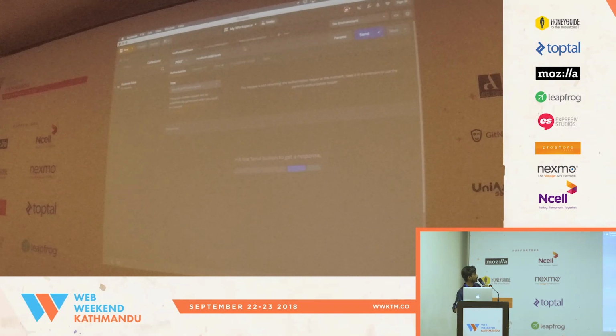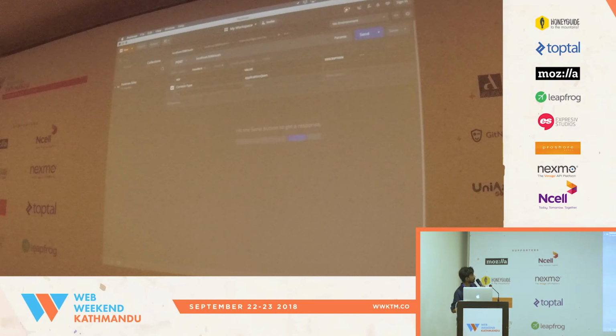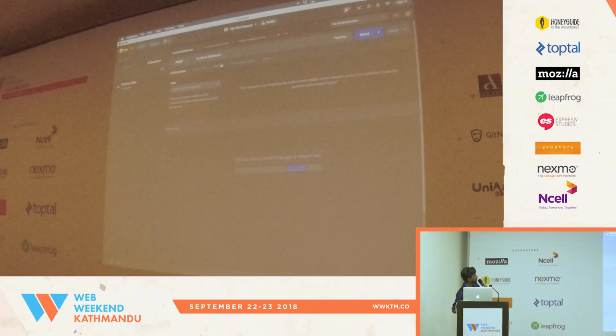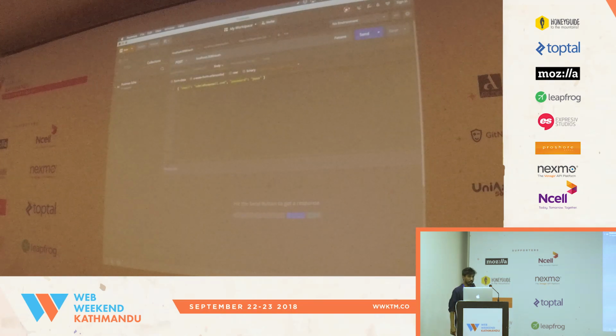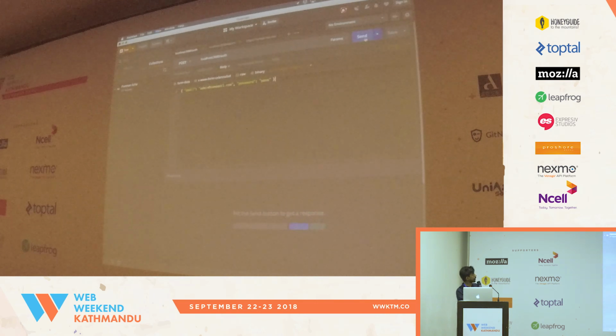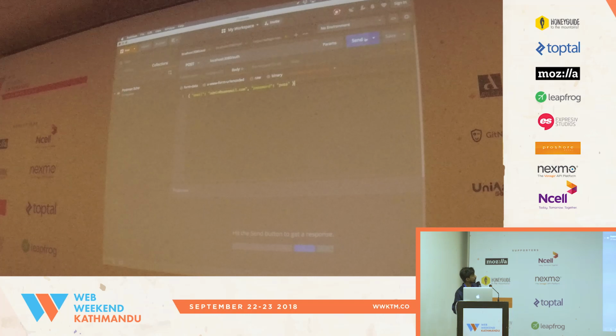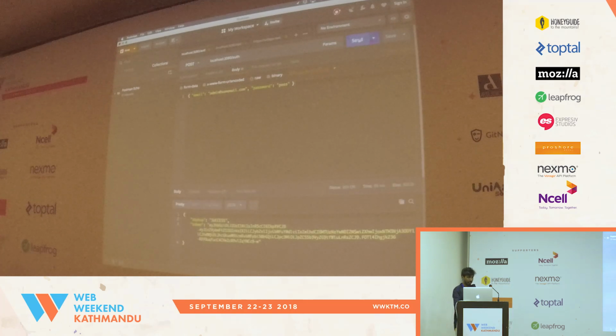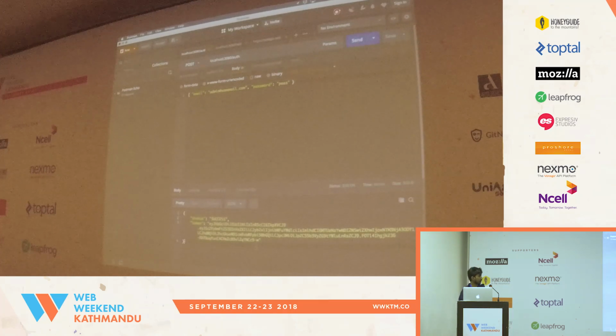So I'm going to send an authorization command in the body with this JSON payload. I'm going to make it a little bit bigger. And it got success with the token.